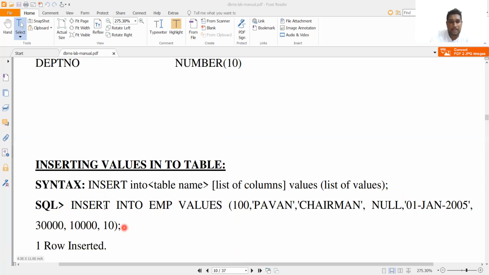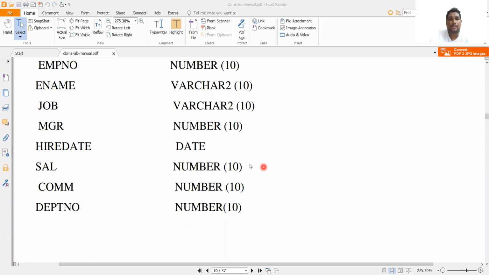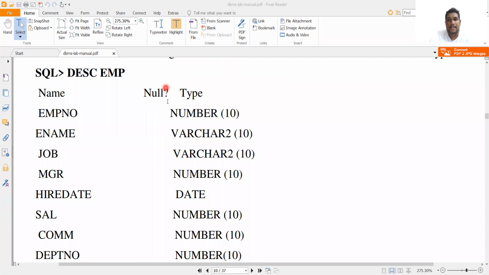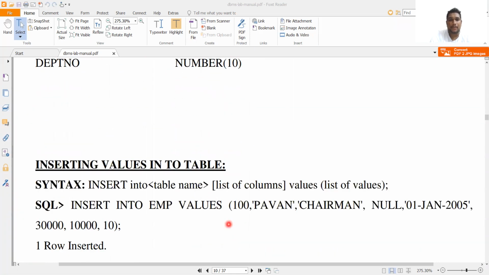After this command completes successfully, the output is that one row is inserted. Here we didn't use any key attribute, so it can allow duplication of data. If you type this command again and again, the answer is one row inserted, one row inserted. If you insert 5 times, 5 rows are inserted, and the 5 rows consist of this same data. I hope you understand, right?